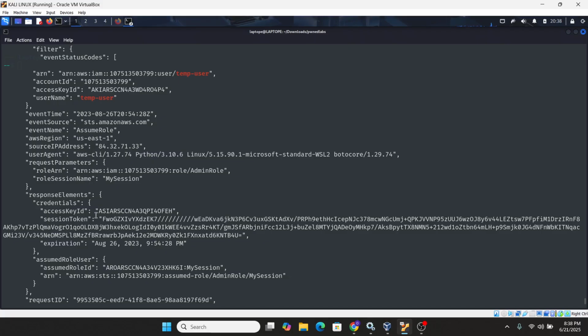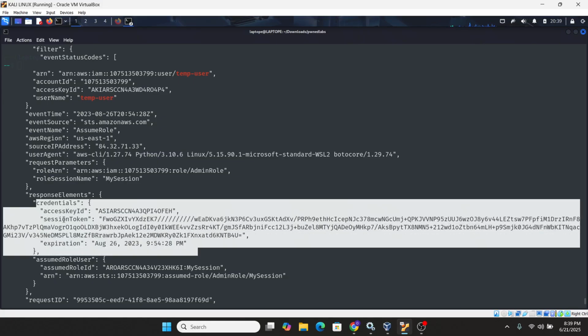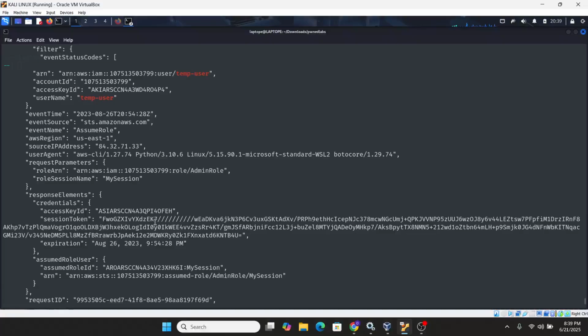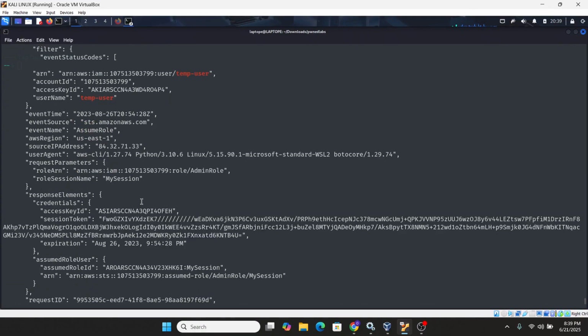What assume role does is that it creates temporary login details, like for CLI. This is the access key, the credentials that the assume role generated, access key, session token. So the attacker was able to assume the role here.